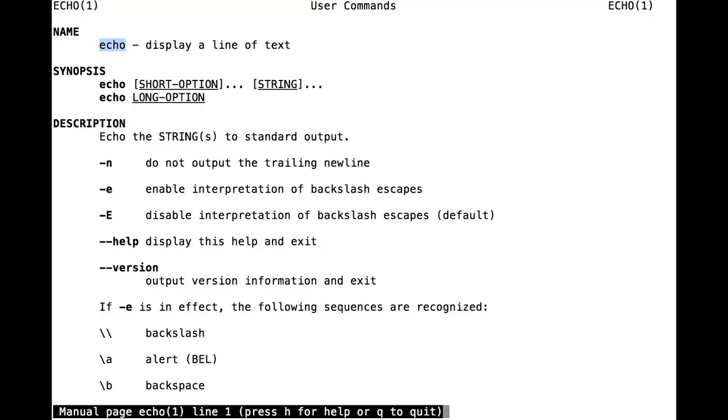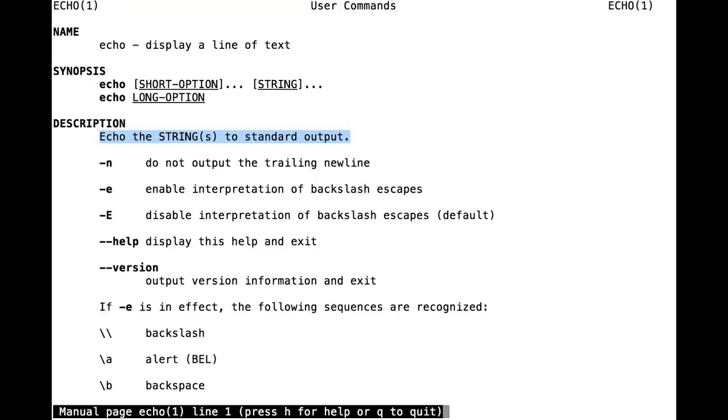The command echo accepts 0 or more strings provided by the user and prints those strings to standard output. If the standard output of echo has not been otherwise redirected, then those strings will be displayed to the screen